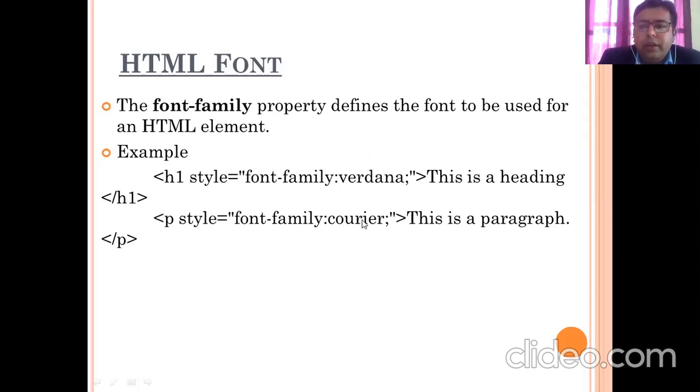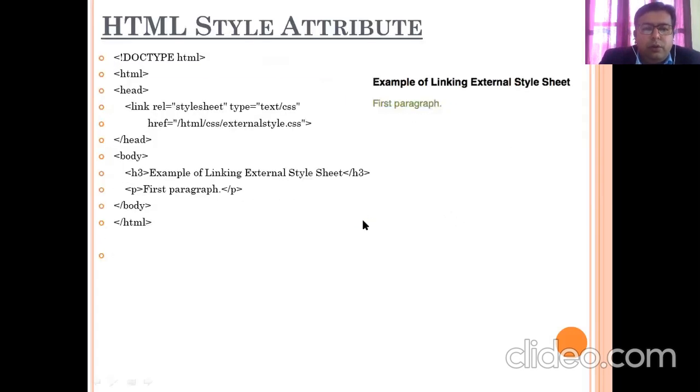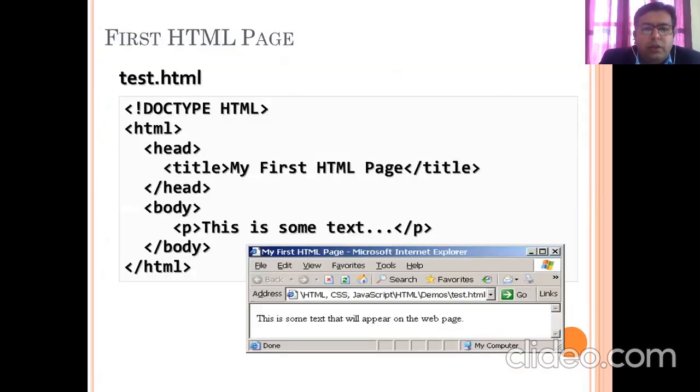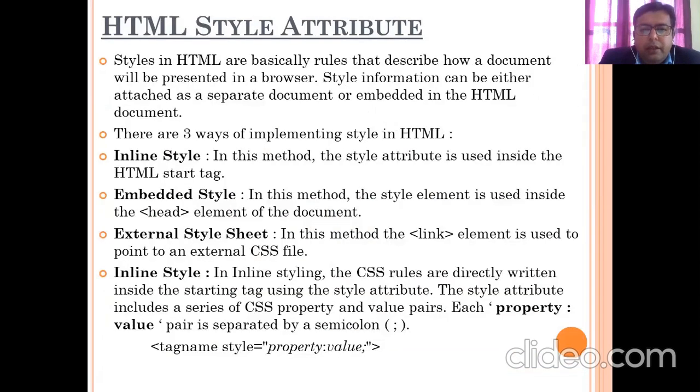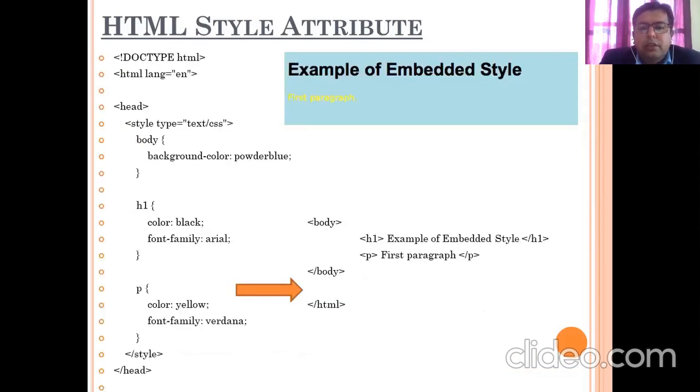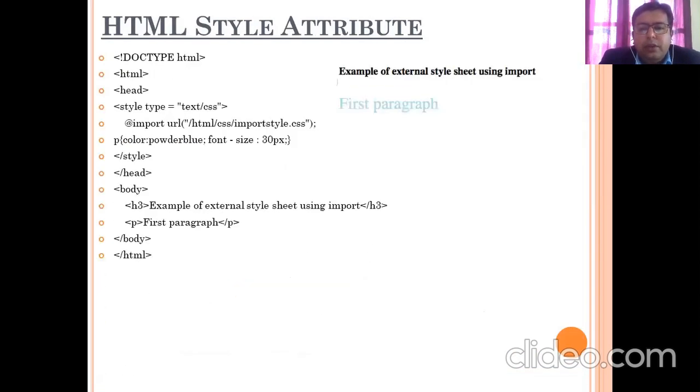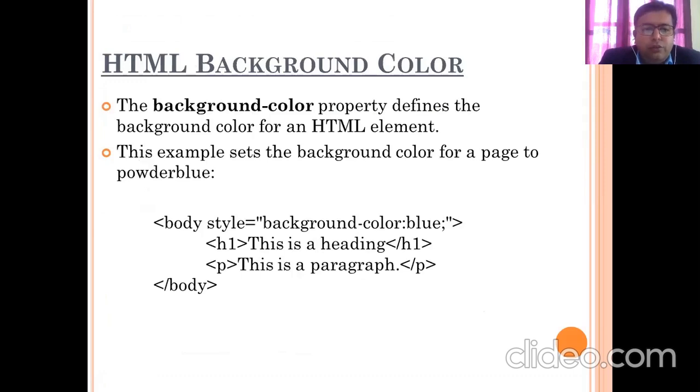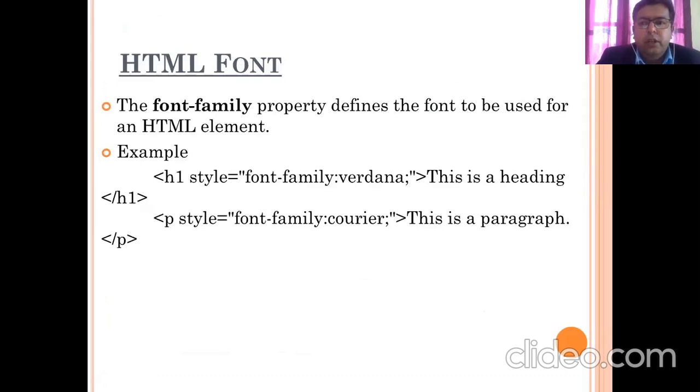These are the different tags that we have to study and also use in our programming. Today we have seen these topics: style, attribute, and the difference between tag and attribute, the different styles, that is embedded style and inline style, and the tags we covered, that is background color, text color, and font. In the next lecture we are going to see the different tags and also go into detail about HTML programming. So today we conclude our session.